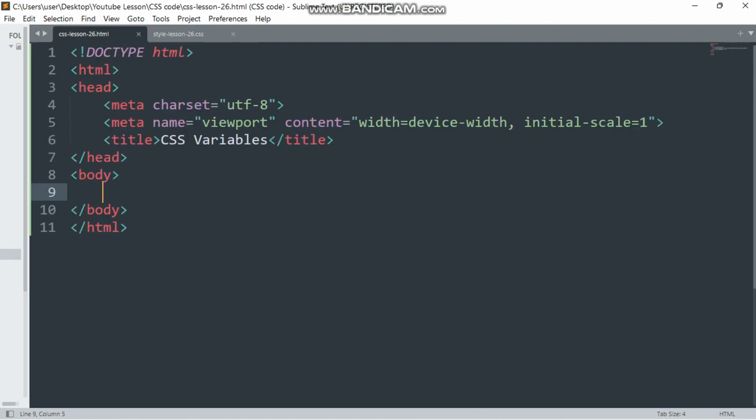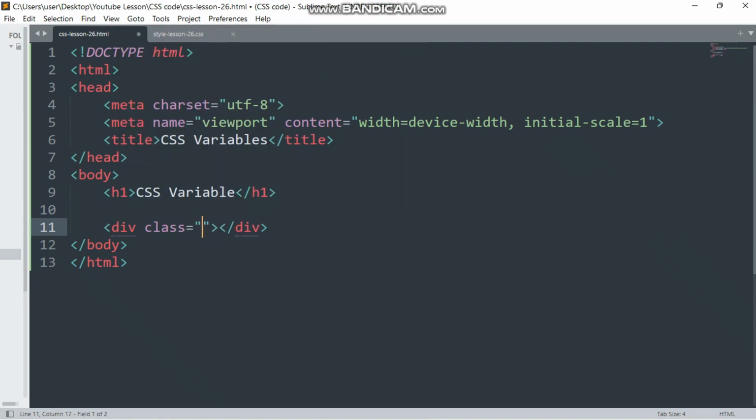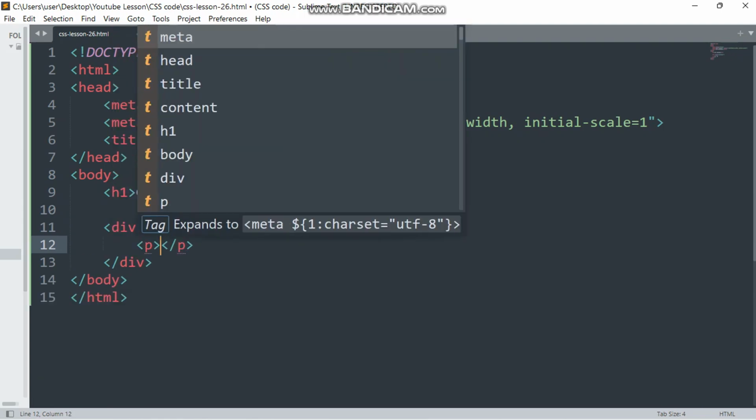Okay, so quickly we start up now. Here, I'm going to write h1 and say CSS variable, and come outside here, and make a div, and in the div I'm going to add a class and say container, right? And then come into the div and make a paragraph tag and say